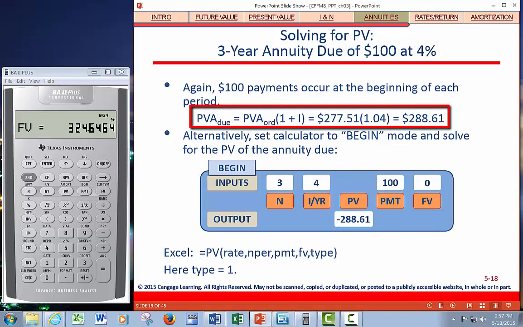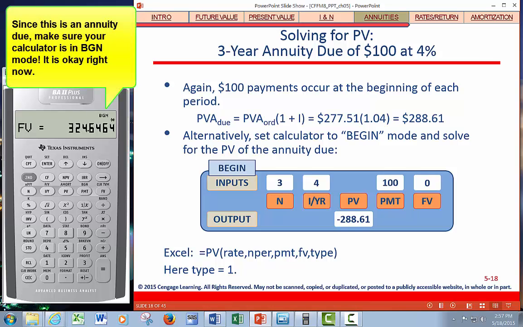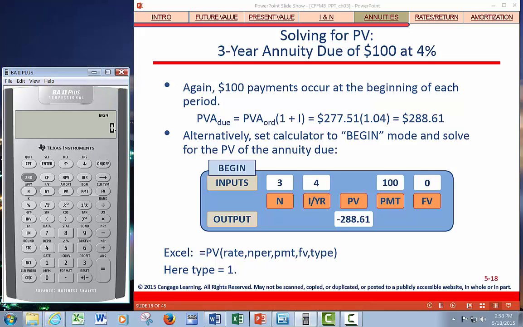Here is the equation solution and calculator solution to solve for the present value of an annuity due. Again, we need to make sure that our calculator is in begin mode by checking the display screen and changing it if necessary. Here I will go ahead and type a 3 in, 4 for the interest rate, 100 for the payment, 0 future value, and then hit compute present value. And the answer of